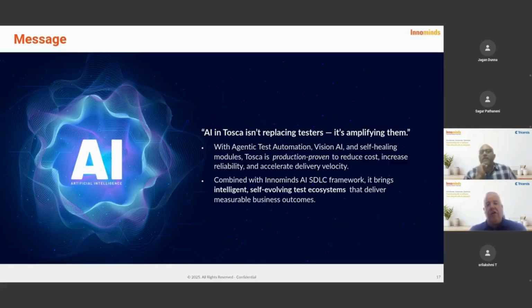And as I also mentioned, you'll see us incorporating those other traditional Tosca drivers into these capabilities in the very near future. Right now, our ATA tool provides you tests completely in Vision AI format. Even though Vision AI will continue to be the eyes and ears, you'll see that in Tosca format in the very near future. So hopefully that helped answer all the questions. And I think those were all the ones that came in. Anything else to add to wrap us up?